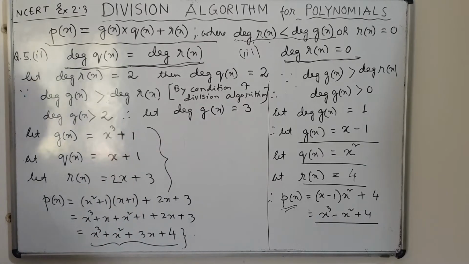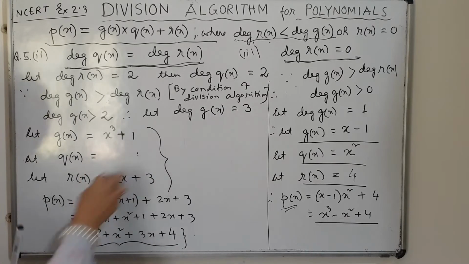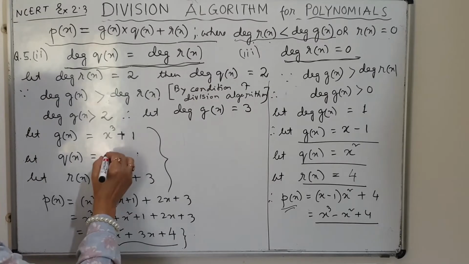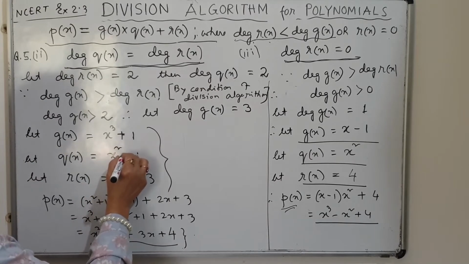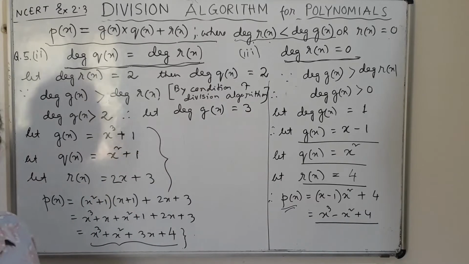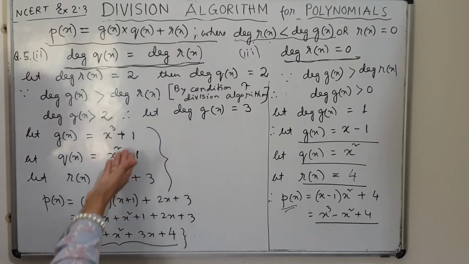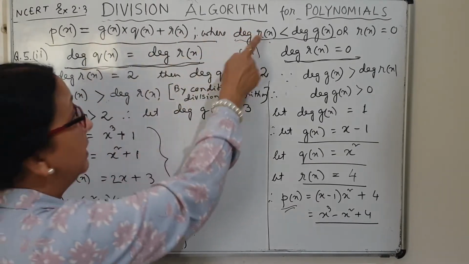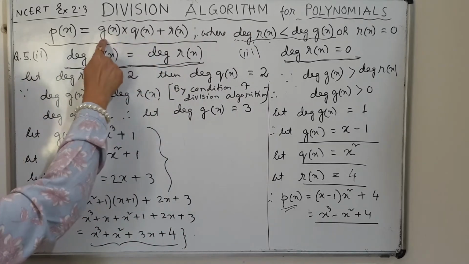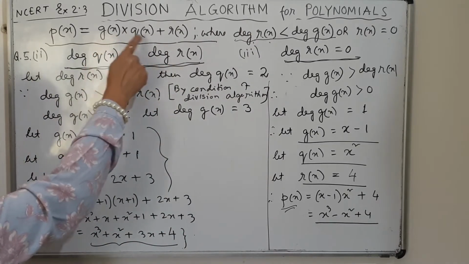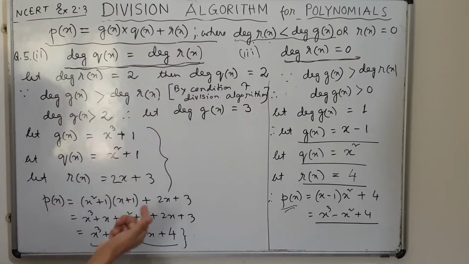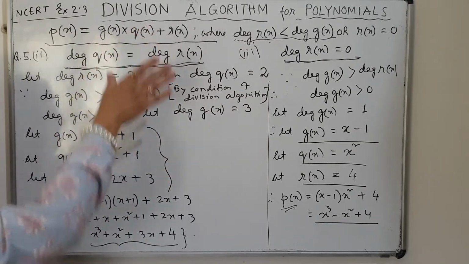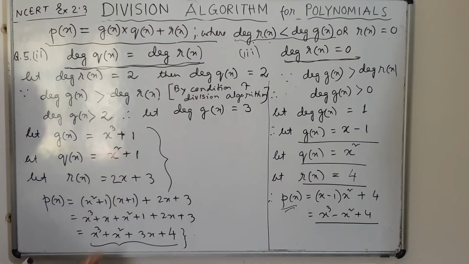Okay. Now what will be q(x) then? Degree of q(x) we have taken is 2. So it will be quadratic, x square plus 1. I am taking very simple polynomials. You can take others, but why am I taking simple polynomials? Because I have to put these polynomials in the algorithm, then find the product, so that the product is not so difficult and doesn't take much time. If I take 3 terms, it will be lengthy. So I have taken simple ones.